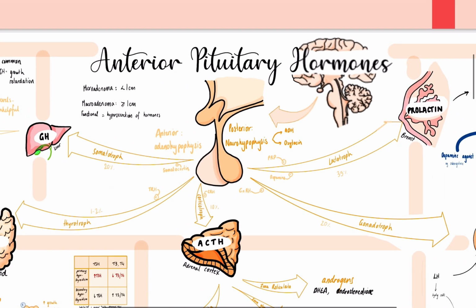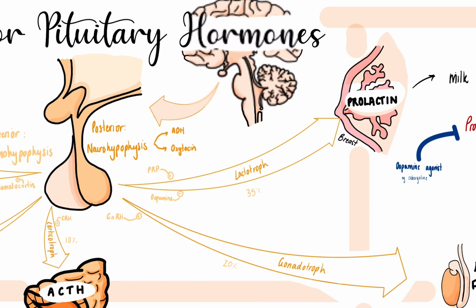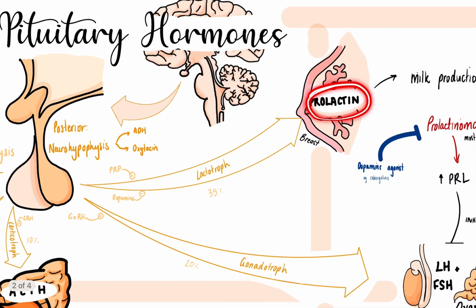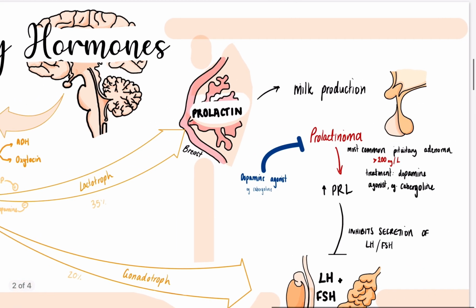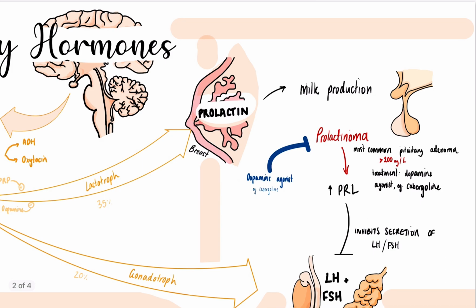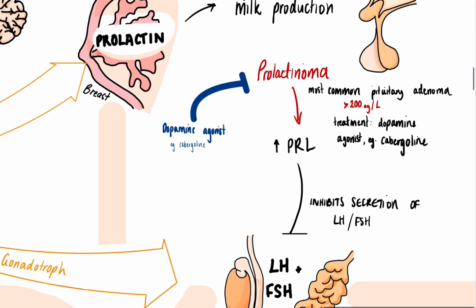Okay, so that's a lot, but I'm going to start with the most common type of pituitary tumor, which is the lactotroph or prolactin secreting adenoma. These make up 35% of pituitary tumors. And what prolactin usually does is it stimulates milk production in the lactiferous ducts of the breast. However, in a prolactinoma, which is defined by over 200 nanograms per mL of prolactin in the blood, you get